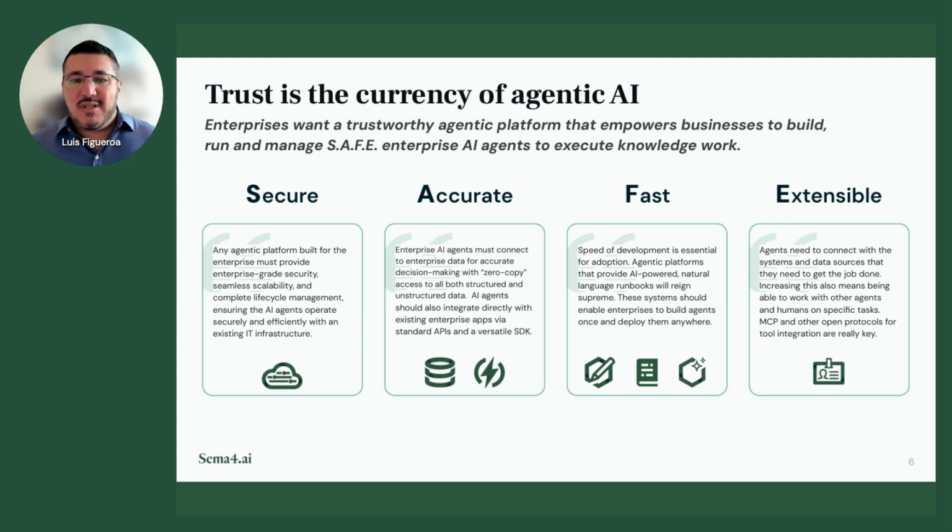Right. When we talk about being secure, all enterprises have a strong need to enforce authentication and authorization controls. You need to have granular access over what agents can do, what users can build with their agents, the access to the backend data, as well as the integration with other systems within your enterprise. Also, you have sensitive data that may move across these agents. So you need to be able to have encryption and the ability to ensure that sensitive data doesn't fall into